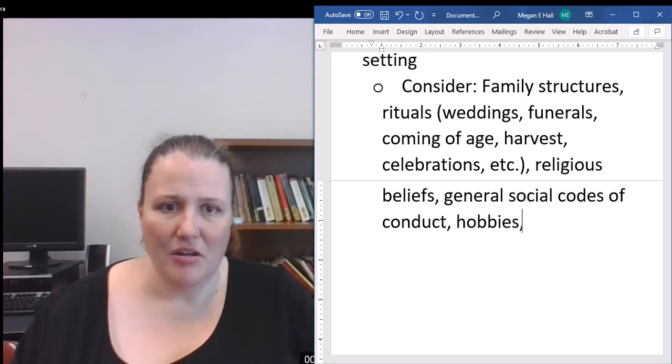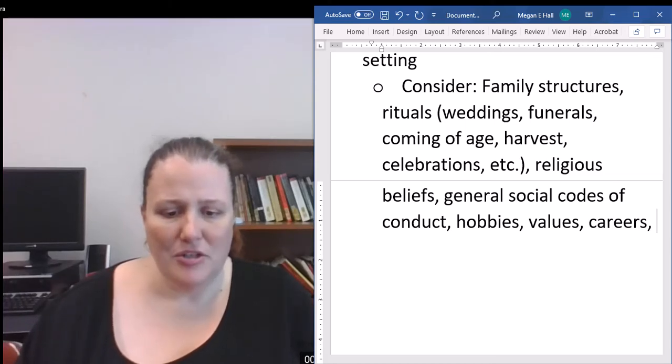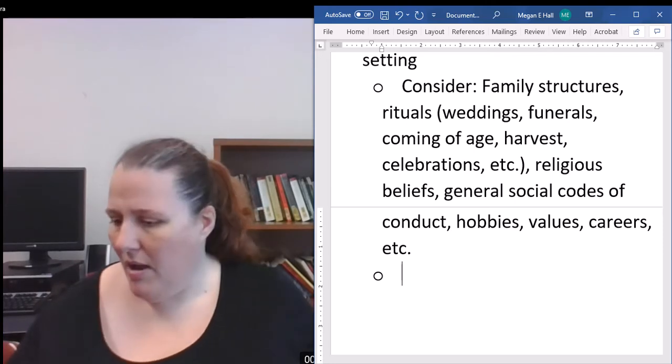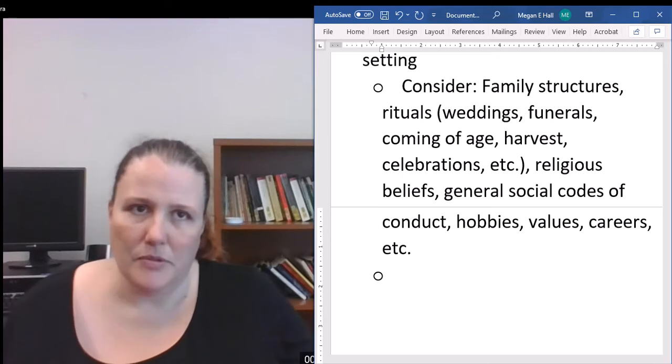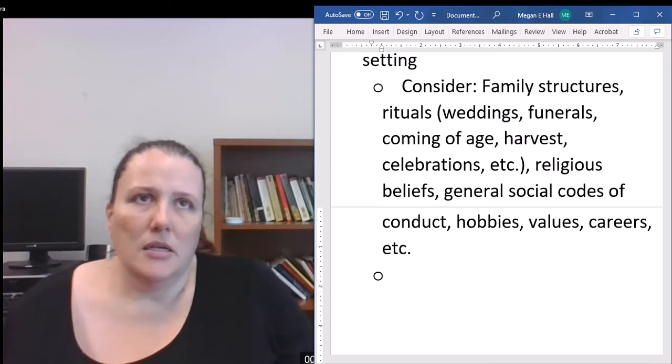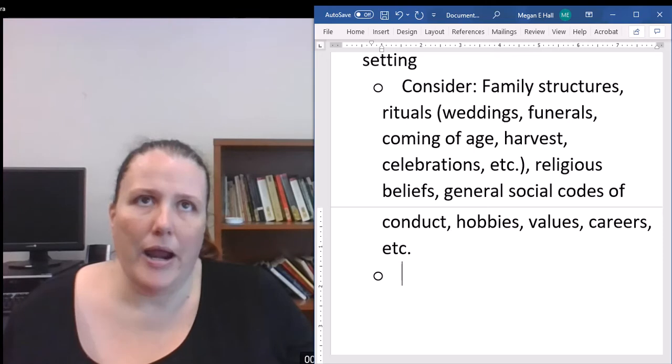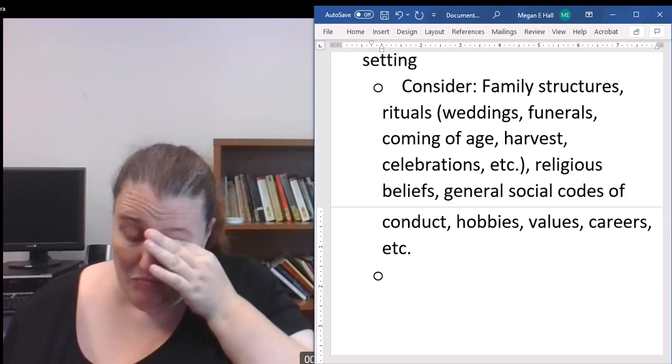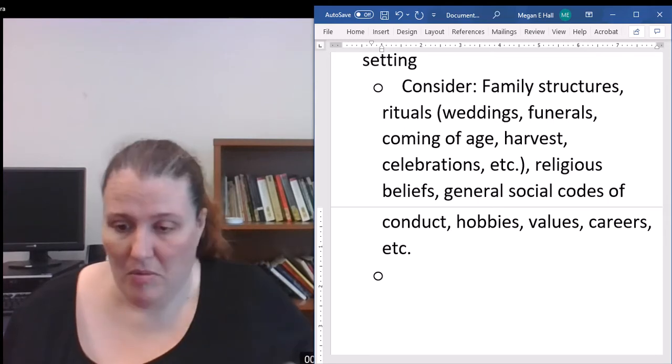Little things, hobbies, values, what people care about, what they do, careers. Again, I mentioned some of these before, and I'll put an etc. here. So generally, these are some things to think about, and I have seen a couple times people write science fiction where they'll have something, let's say in the environment. I'll give you an example. In the environment, you have